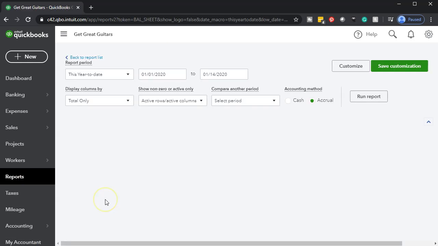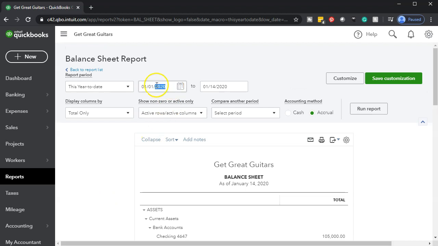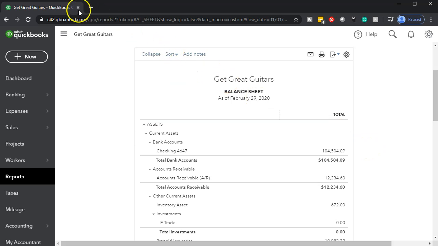We're going to be changing the dates up top from 01/01/20 to the cutoff date of 02/29/20. It's February 29th, 2020. We're going to run that report. Right-click on the tab up top, duplicate the tab up top, go to the tab to the left, go down